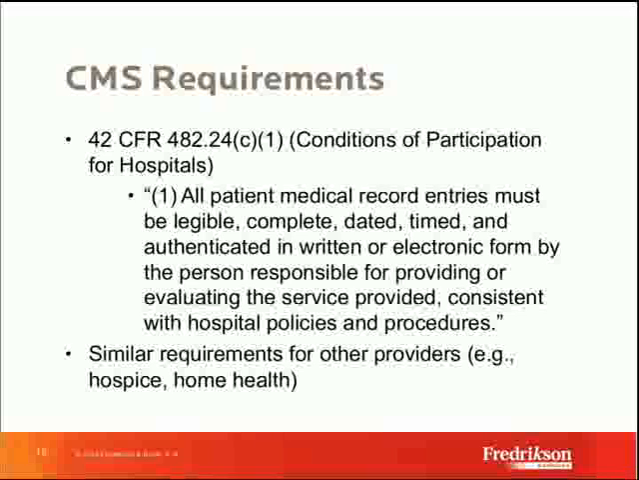That is not being authenticated by the scribe. That should be authenticated by the physician. The physician or other person, provider, is the person responsible for providing or evaluating the service provided, not the scribe. And there's similar requirements in terms of the physician or the provider authenticating the record for things like hospice and